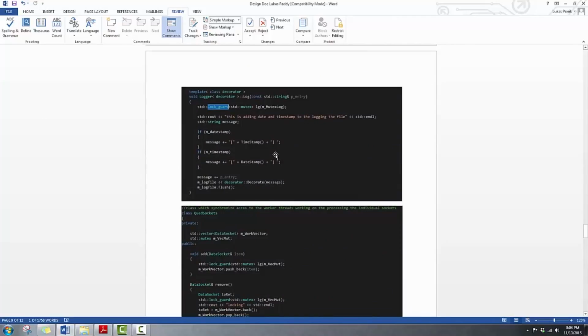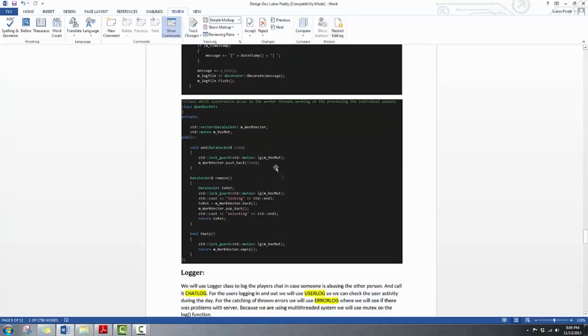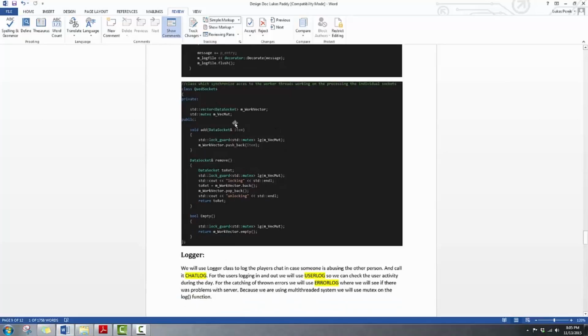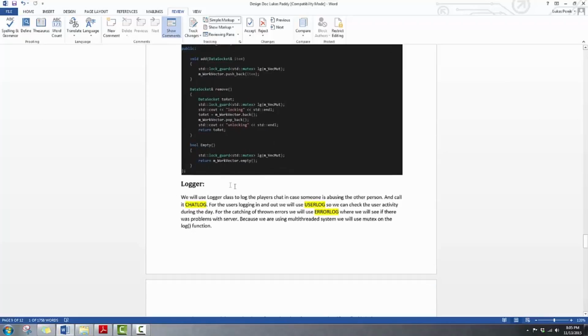Next is, because we will use this in a multi-threaded system, we will need a lock, which will be used in a lock guard as well. So there cannot be, let's say, 20 threads writing into the same file at the same time. They will have to acquire a lock. Our queued sockets are just a vector of my data sockets that are being connected as the players are coming, and the class also implements mutual exclusion for removing, adding, and